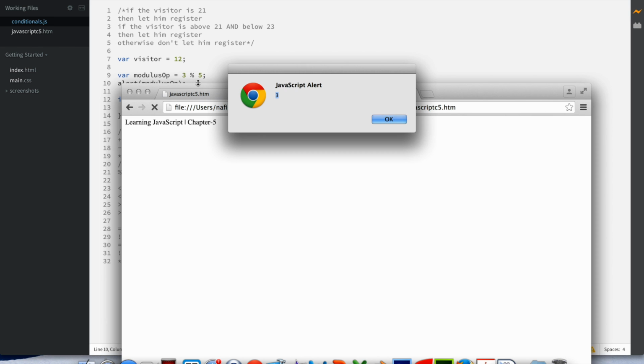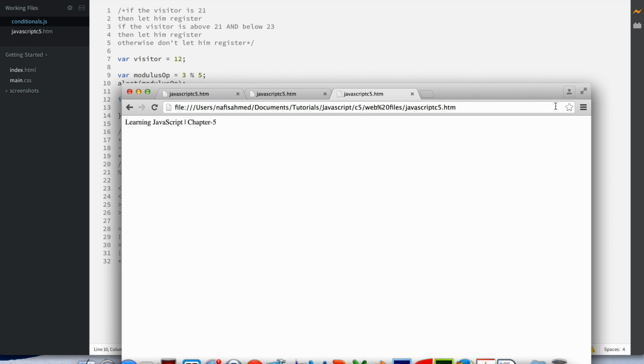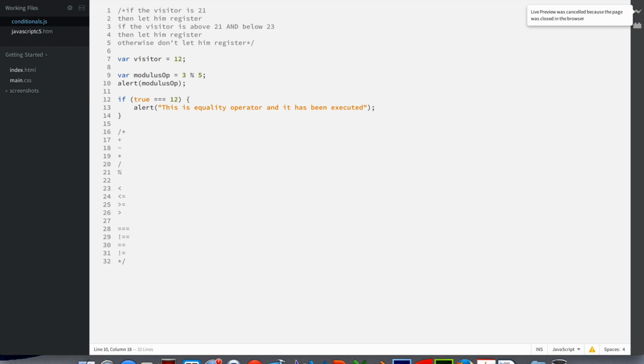The reason behind it is that the first thing the compiler encounters